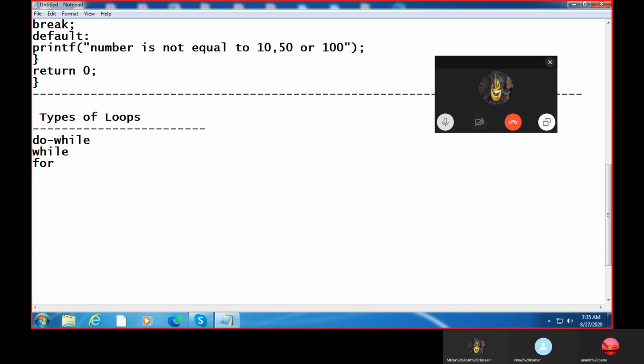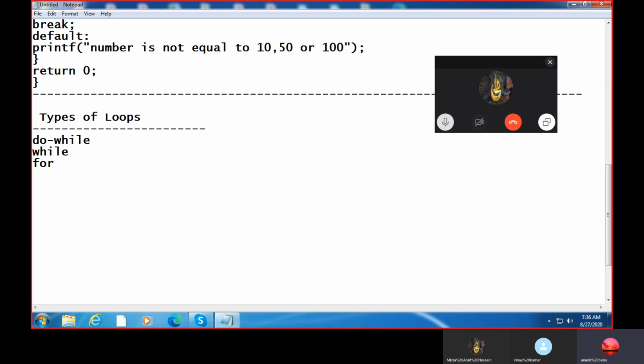For example, if we need to print the first 10 natural numbers, then instead of using the printf statement 10 times, we can print inside a loop which runs up to 10 iterations. So instead of writing 10 printf statements, by using a loop we can use only one printf statement. There it will repeat the loop 10 times. If there is no loop, then you have to write 10 printf statements. So that is the use of loops.